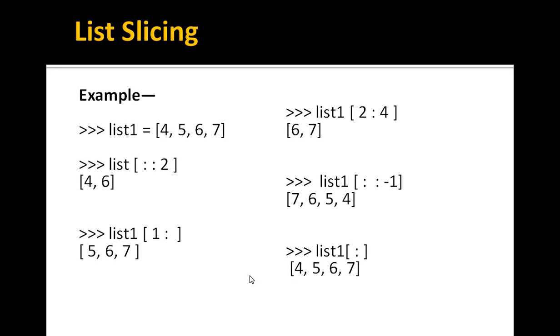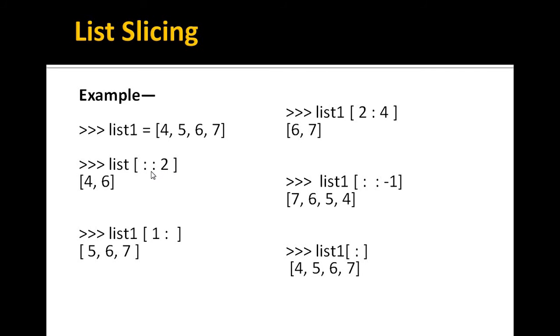There are some examples which make us clear what list slicing is. A list has been taken that has values 4, 5, 6, 7, and here in the first statement, start and stop positions are not given. So as you remember, if the start position is not given it will be 0, and if the stop is not given, the final position will be the last index of the list, and step is given.